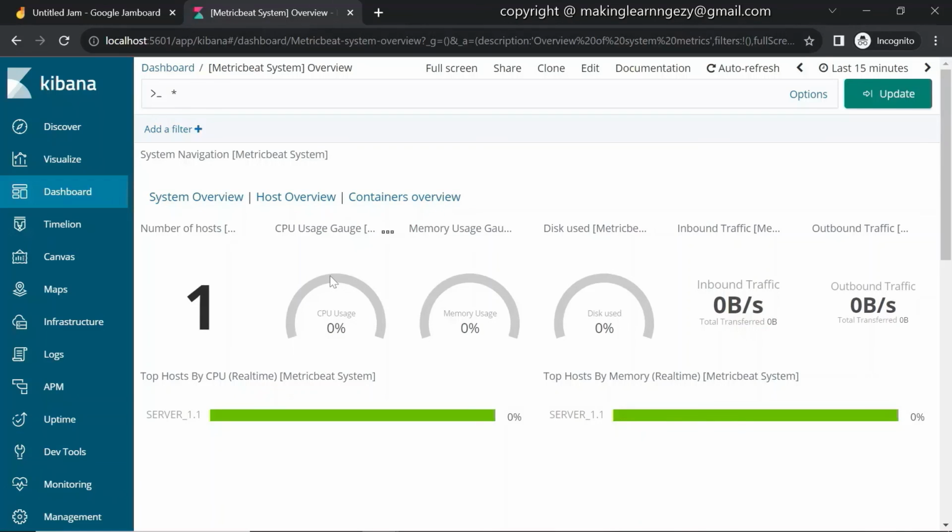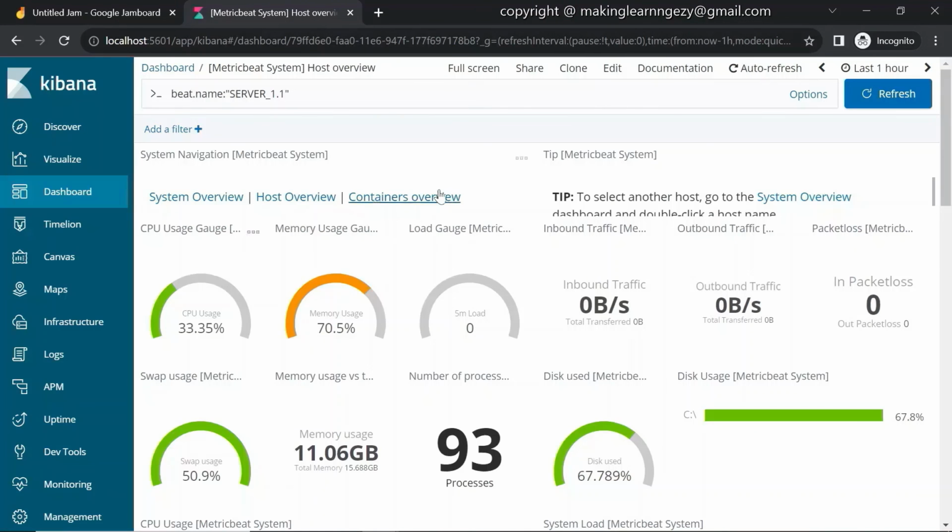It would be updated soon. To go to the specific host, you can click on the host overview. If you are sending the data from more than 2 hosts, then here you will have number of hosts 2. To move on to the specific host, you need to go to the host overview.